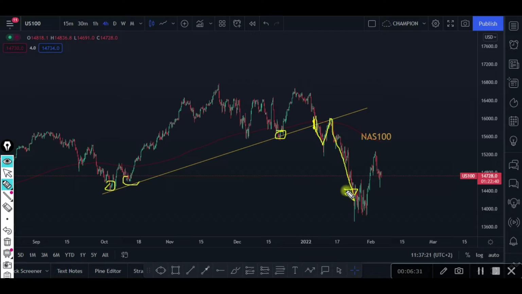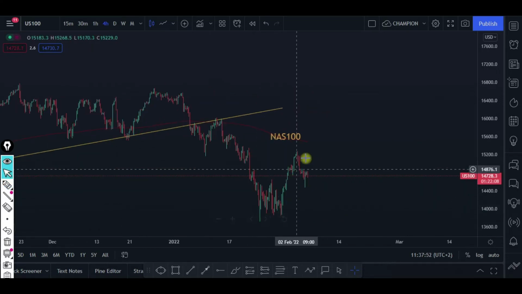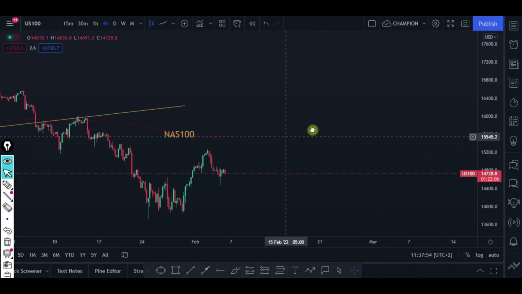The price was bearish in January. I hope you guys are able to see that. Remember, we are on the 4 hourly time frame. Now when you look at our NASDAQ 100, we can see that the price is trying by all means to push high. Let me get closer to the price and see where the price is going.